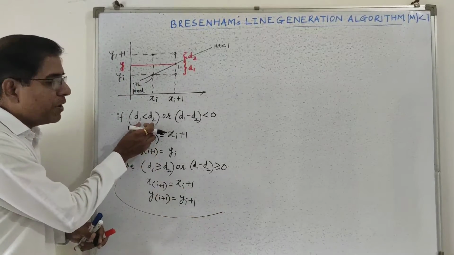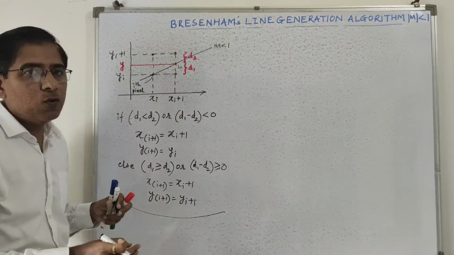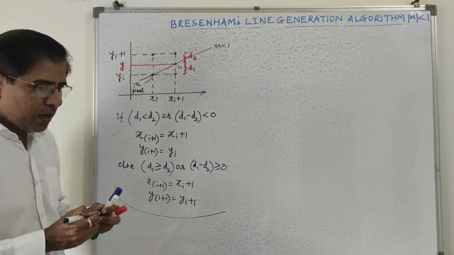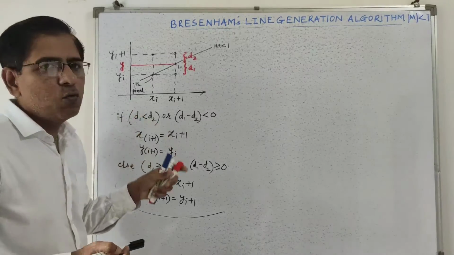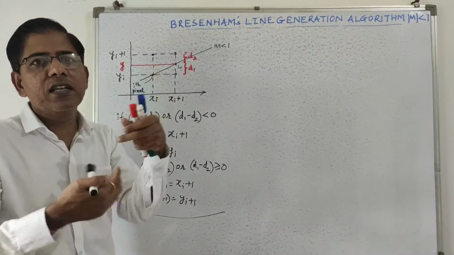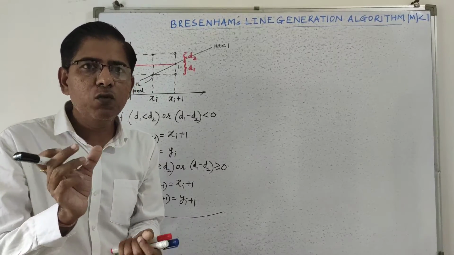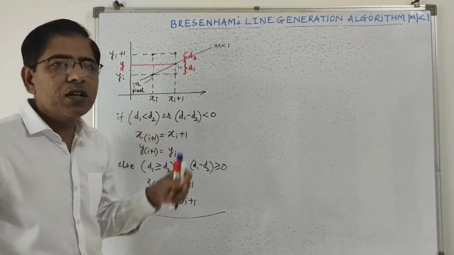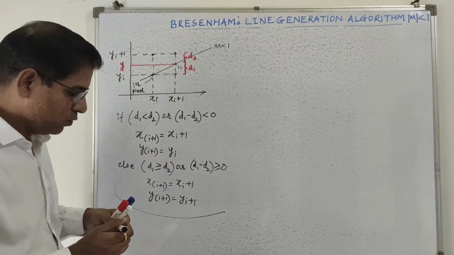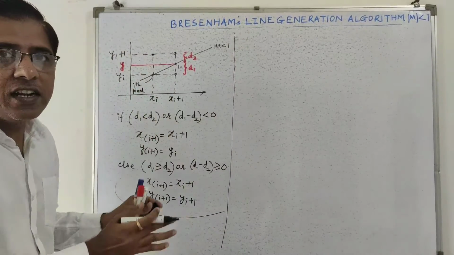Okay, it compares the d1 and d2 values, and on the basis of that it selects the coordinates of the next pixel. Now how to compare the d1 and d2 values, because during line generation nobody is going to measure it and then give the decision. So we have to develop one expression which will give you the answer of d1 minus d2. So we try to analyze what is this d1 and what is this d2. We'll see the mathematical derivation.